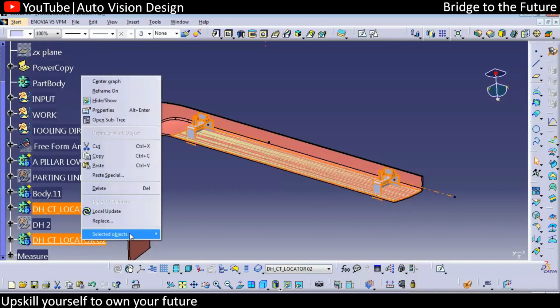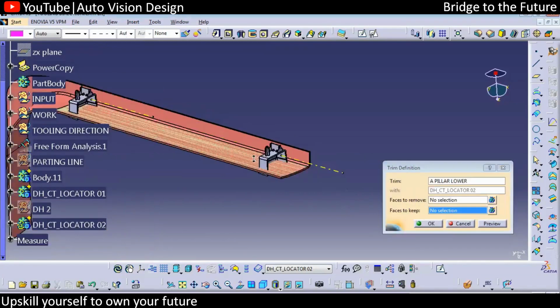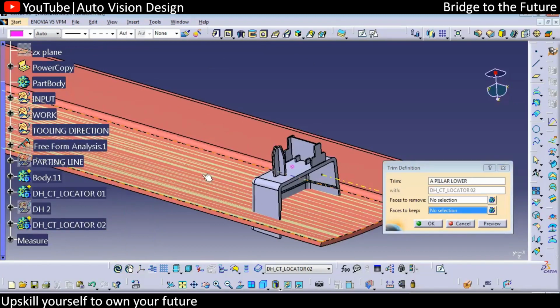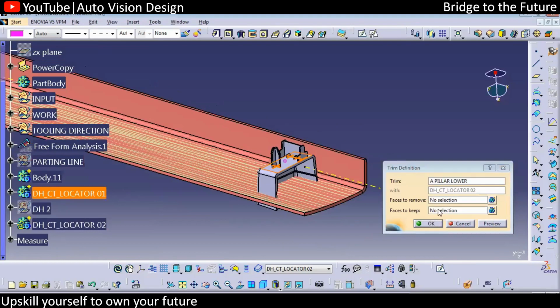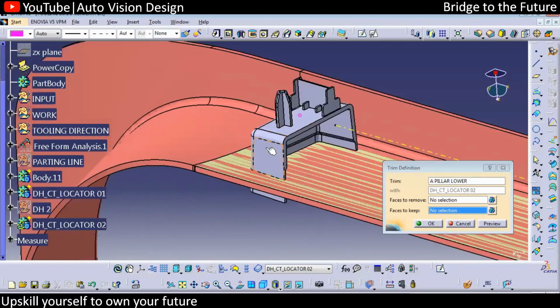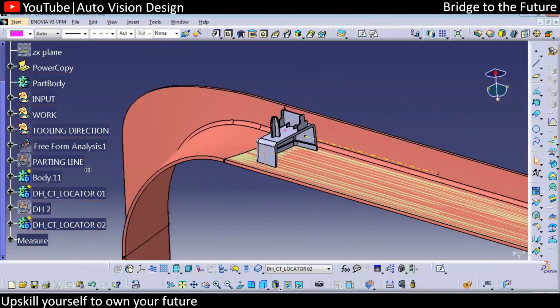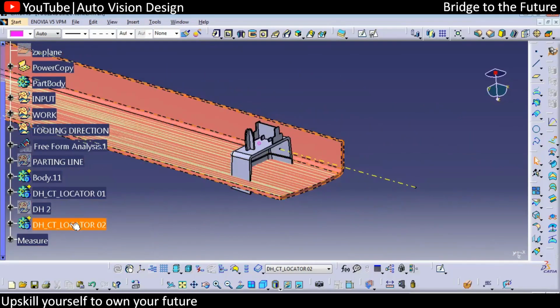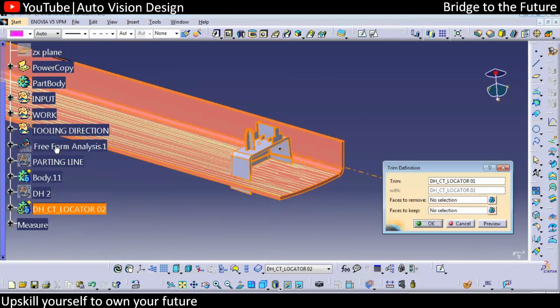Okay, we can right click, go for the union trim, you can select this. Okay, so I need to select this to keep. Okay, I think this is getting selected, so we need to select this to keep, click OK. This surface, click OK. So the same way we need to add this, so this we need to add union trim.